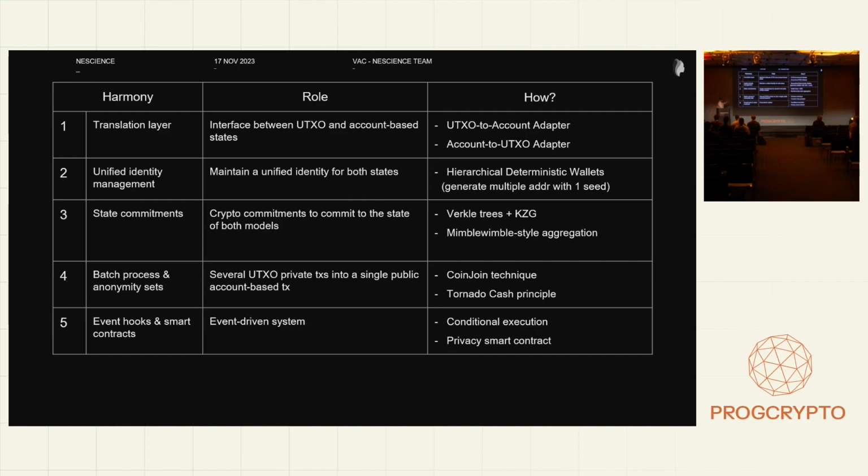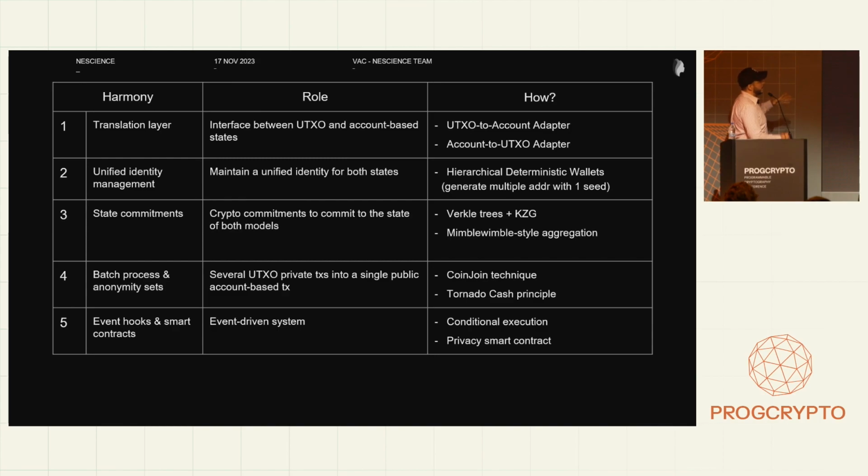So we can think about a translation layer that has the role of being an interface between the UTXO model and the account-based model. This can be done by having an adapter, a UTXO to account adapter, or an account to UTXO adapter. We are still looking at this to understand how we can do it, how we can translate some UTXOs to account-based, and then we can have some layer to mirror the